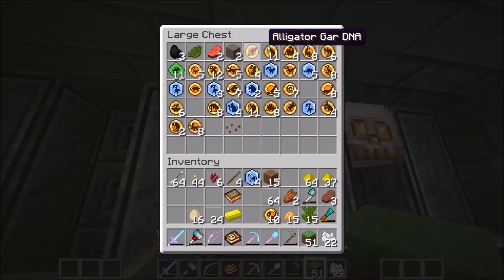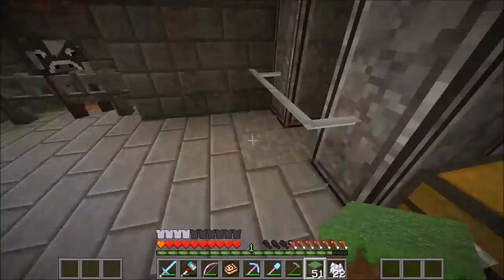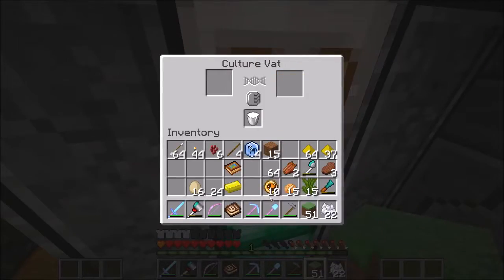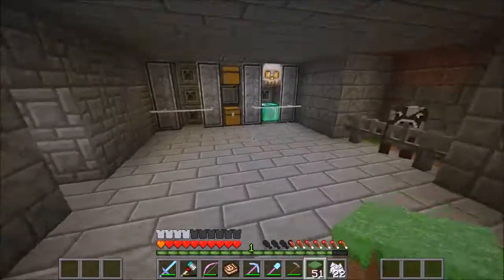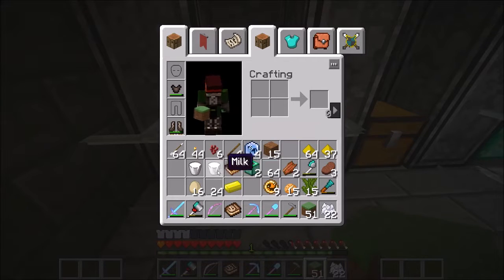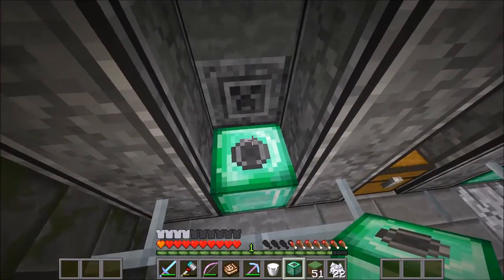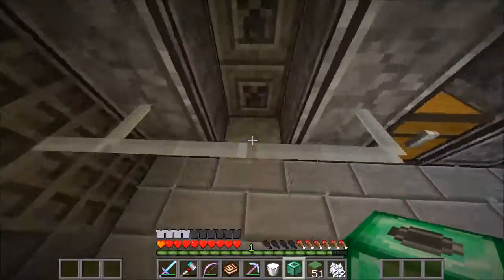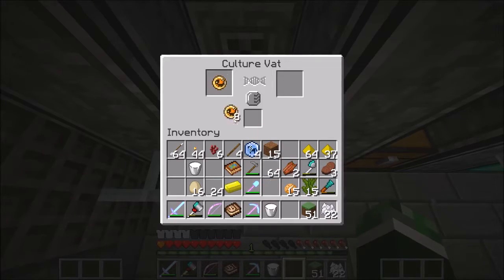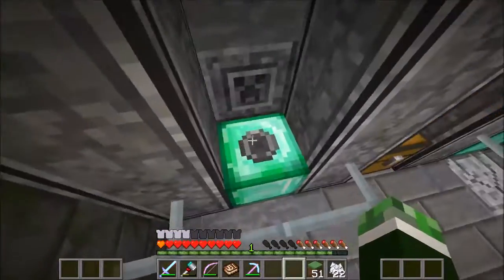Gallimimus. Yeah, I think we're going to go with the Pachycephalosaurus. So, we stick one of these guys in here, and let's grab 2 of these and 2 more buckets of milk. I don't know if I want to start out with a group of them, or if I just want to do 2 for now. I'm not sure. We might just do 2 for now, and just see how they do,